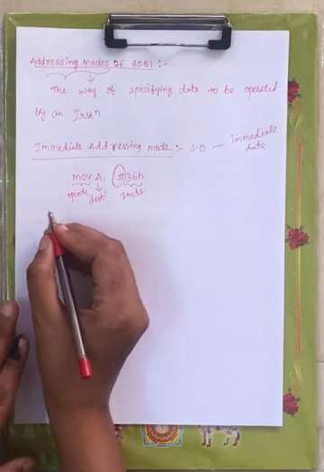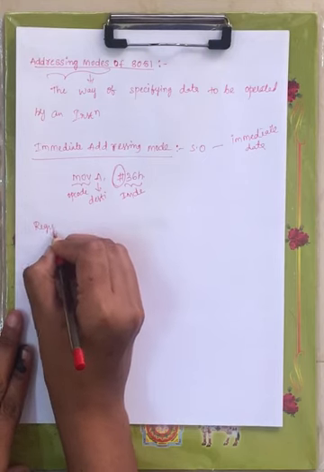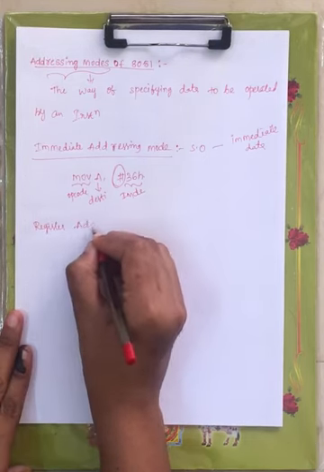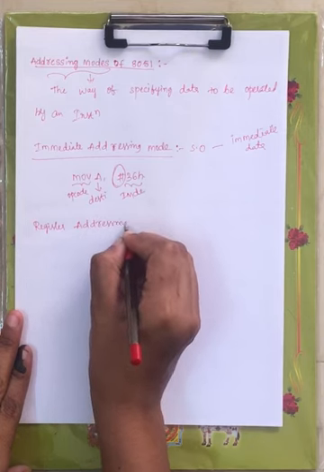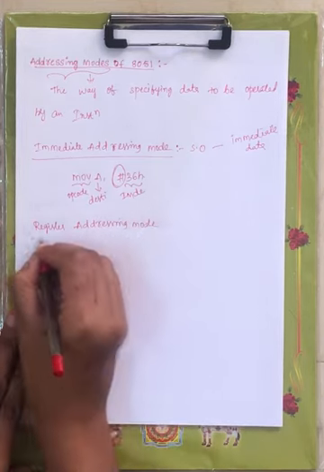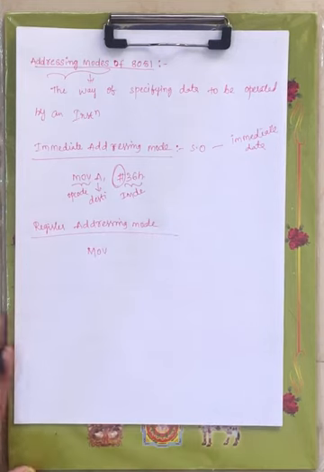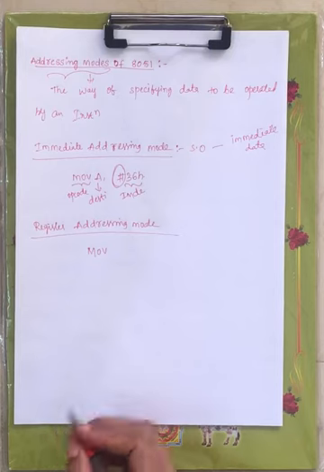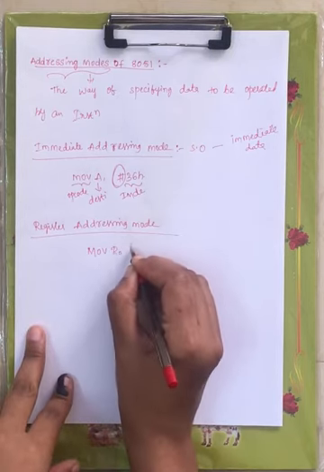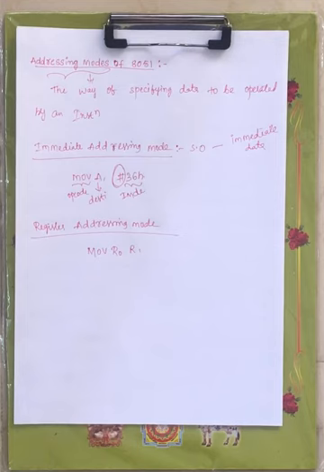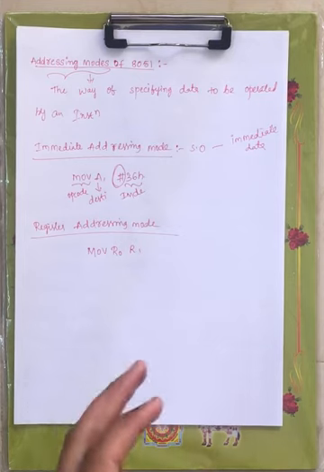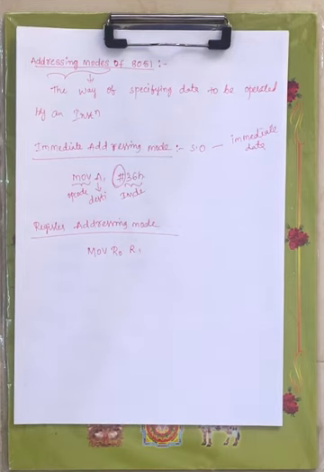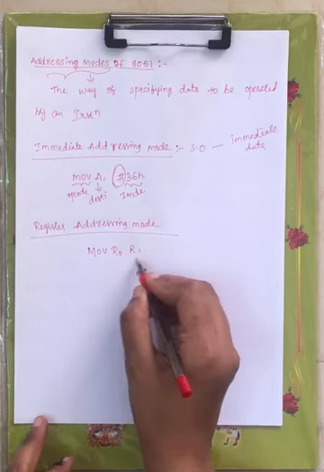Now coming to the second addressing mode, that is register addressing mode, right? Let me give an example. It is the same as your 8085 microprocessor, I am just giving a brief description again. MOV R0, R1. You have different registers under RAM, under the 128 bytes of memory. You have 4 register banks, and each bank is again categorized into 8 registers, those are nothing but R0 and R1.